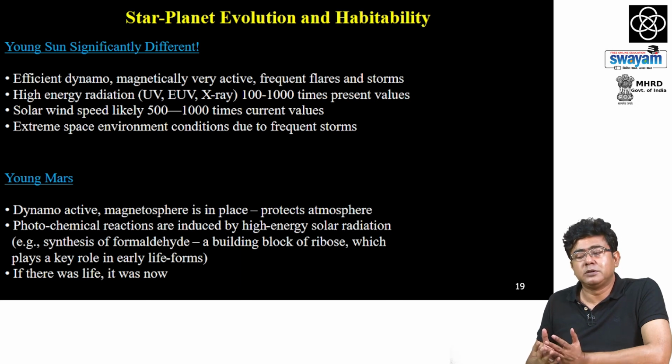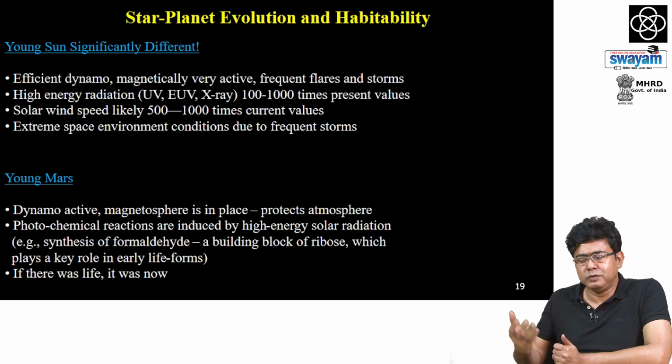So, it is expected that the energy flux and the stellar wind density and fluxes would have been orders of magnitude higher than its current values, with much more frequent flares happening in the young sun. So, it is important for the atmosphere of Mars to be protected by this magnetosphere. In fact, we know that Mars had an atmosphere at this point in time. However, with this